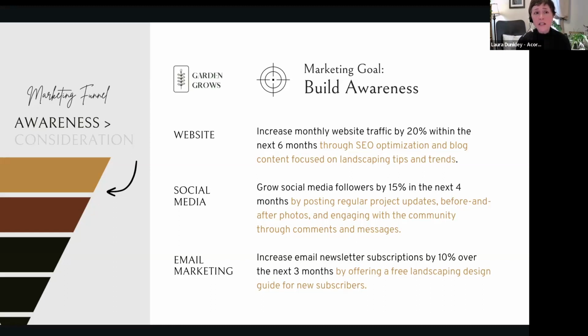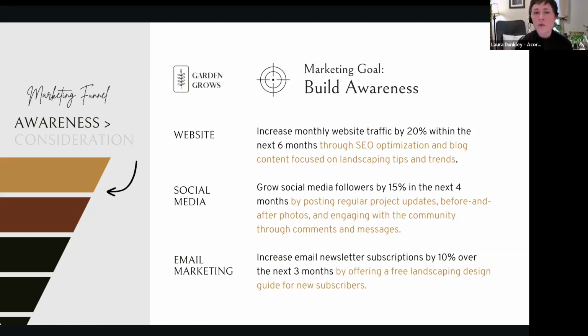It does separate it by doing the colors, and that's why it looks like this. So we want to increase monthly website traffic by 20% within 6 months. So it's time bound. It's measurable, it's specific to this platform, right? Is this achievable? Maybe if they're just getting started, they're not sure, but they've looked into some benchmarks in the industry and they think, yes, it is. So it's specific, measurable, achievable, and is it relevant? Yes, it's going to build awareness for what we're doing, and it's time bound. So check on a website. That is one of the goals, and it's just bringing in eyeballs, right?